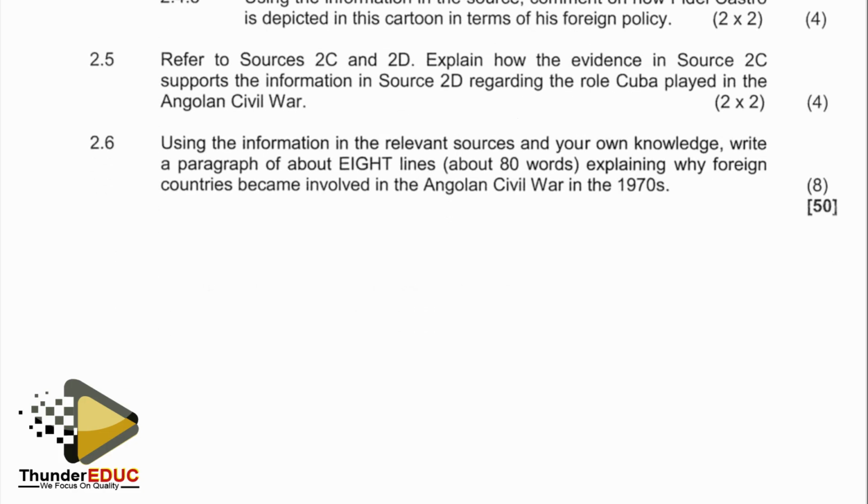Right. We go to question 2.5. Refer to source 2C and source 2D. Explain how the evidence in source 2C supports the information in source 2D regarding the role Cuba played in the Angolan civil war. We are looking at the two sources, how they support each other. We use the same format of comparing sources. We do not compare them using different formats. We compare them using the format: source